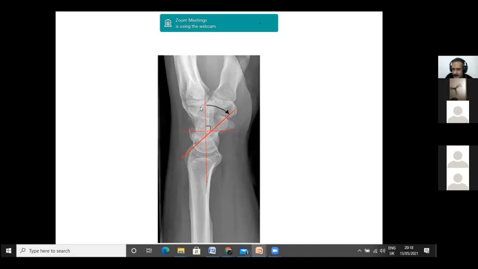And if you draw a line between the capitate and the scaphoid, will the angle be increased or decreased, Anto? Decreased. See, the capitate remains in that position, the scaphoid is going down, so the angle between scaphoid and the capitate will be increased. Okay. Increased. Definitely. Is it clear? I'm just making different possibilities to make you understand. These are the things which were difficult to grasp when I was a PG. That's why I'm making some effort to make you understand.